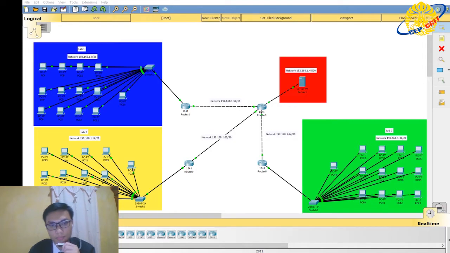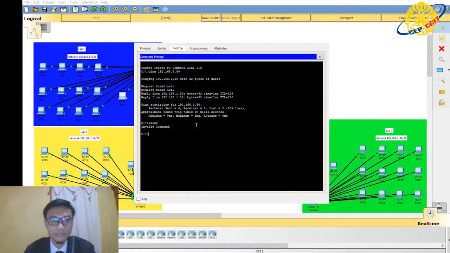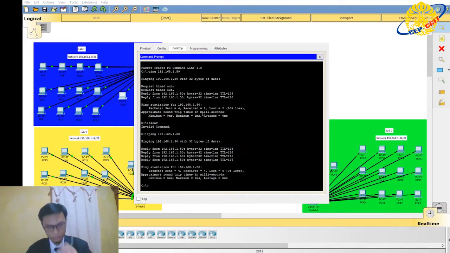Okay, without further ado, I will show you the connection test by running a ping test and trying to access the local web server from 1 client from each lab. Okay, you can see on the screen there is no packet loss.